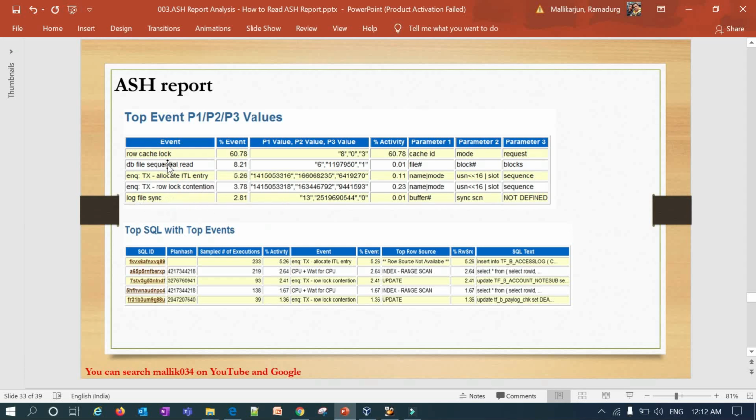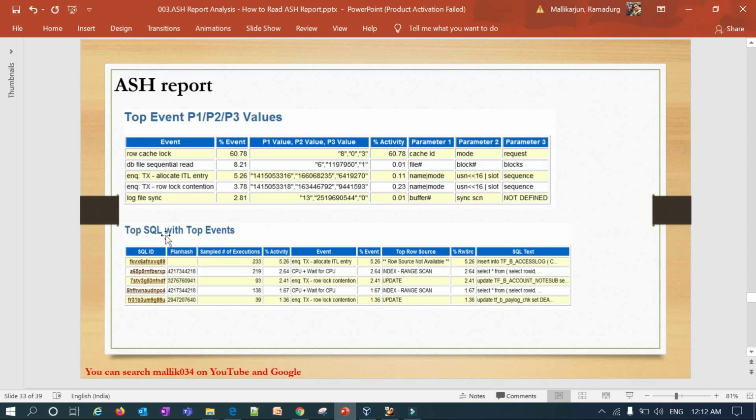Right, by looking at this, as I said, DB file sequential read means a lot of blocks are being retrieved from my database. They're reading a lot of data from disk into the buffer cache, so there might be a lot of full table scans. You have to predict what was happening at your database by looking at them.